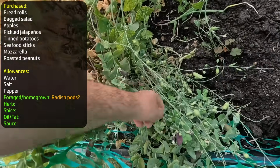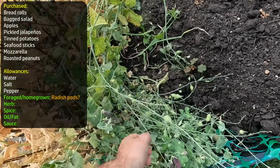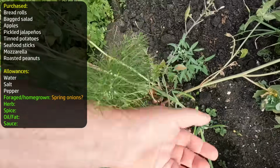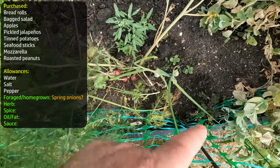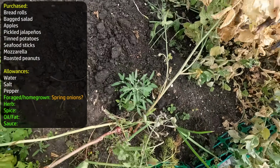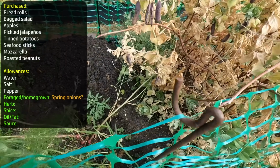We've got some radish pods. These are the seed pods of a radish that I've just allowed to go to seed, and these are every bit as delicious as the radish roots. We've got spring onions, bulbs that have grown from the onion bases I planted as an experiment. They've done okay. I've actually got a red onion that I planted there, so we've got red spring onions as well. So lots of options,